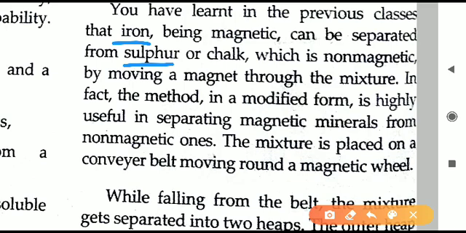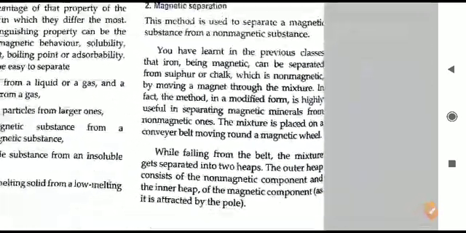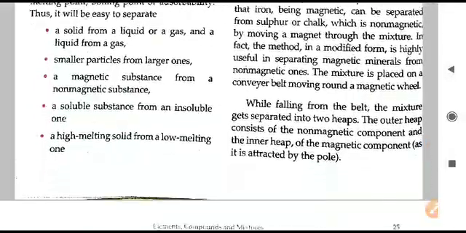If you put a magnet above the mixture of iron and sulfur, iron being magnetic will be attracted towards the magnet, and all the iron particles will separate out from the mixture of iron and sulfur. Sulfur will remain behind. Similarly, we can use an iron and chalk mixture. In this case also the same thing happens, iron particles will come closer to the magnet. So this method of magnetic separation is used for separating magnetic and non-magnetic substances.